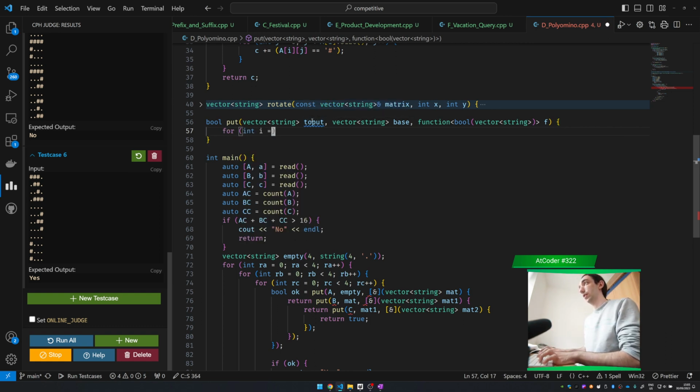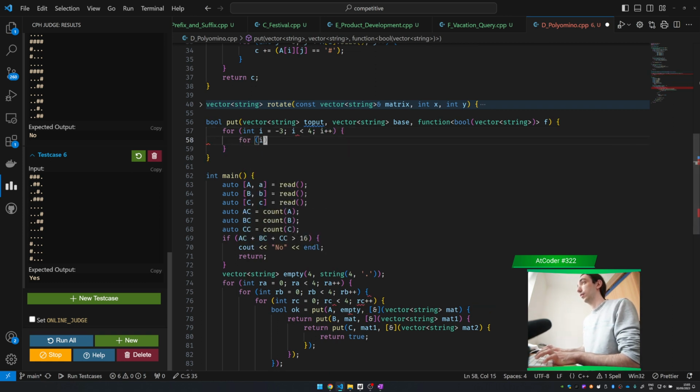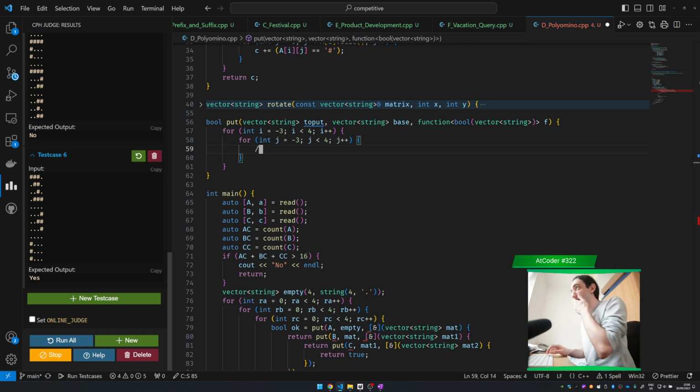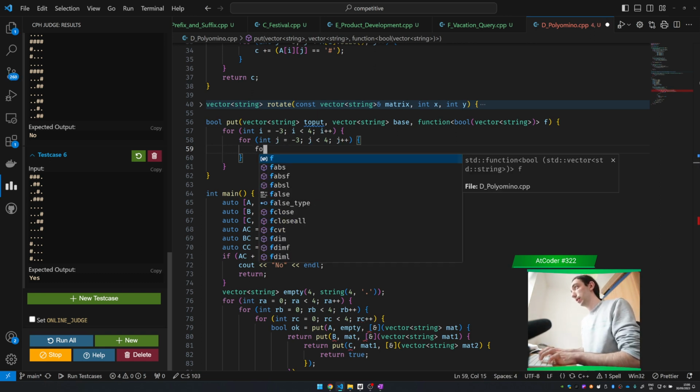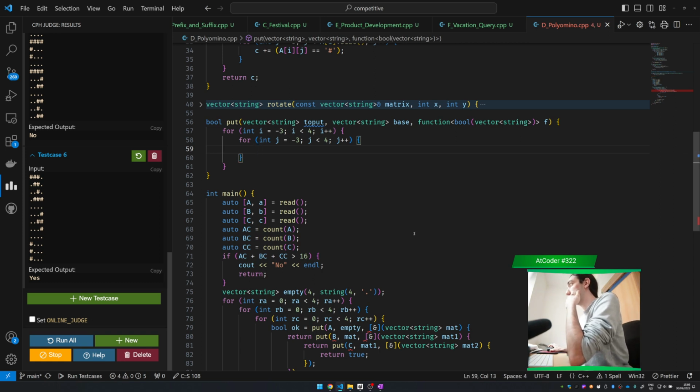Now for each of my positions where I will put it, I need 1, 2, 3 positions up. So from -3 to 4, -3 to 4. So we put this matrix here on the base matrix. So we say like this: